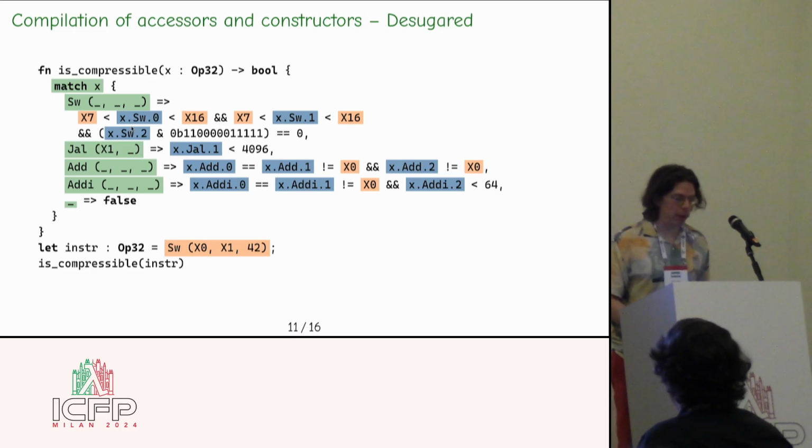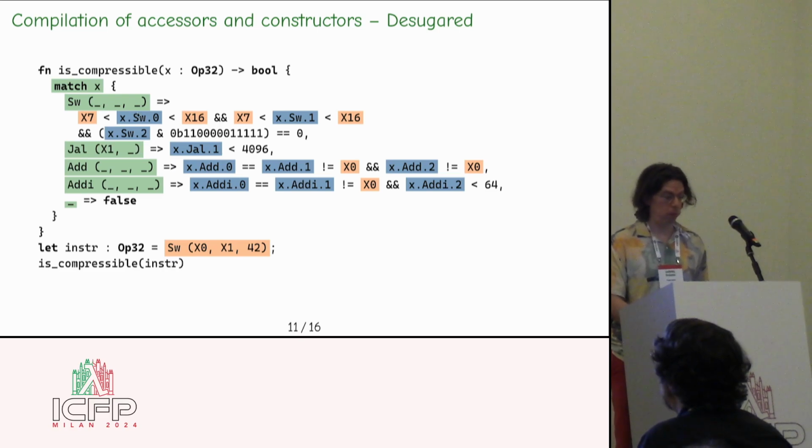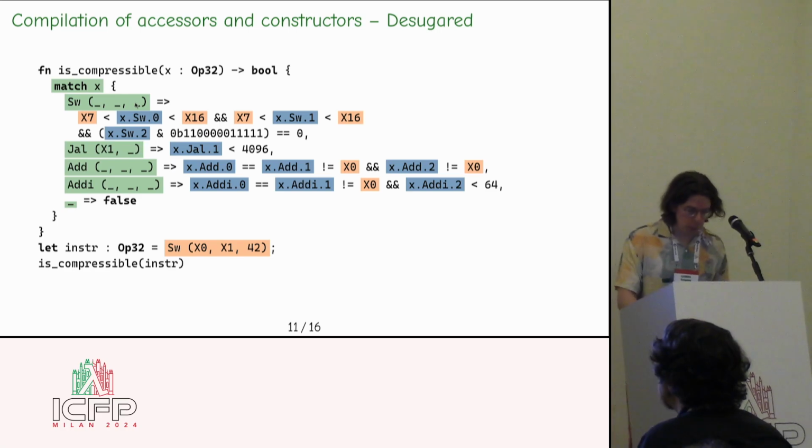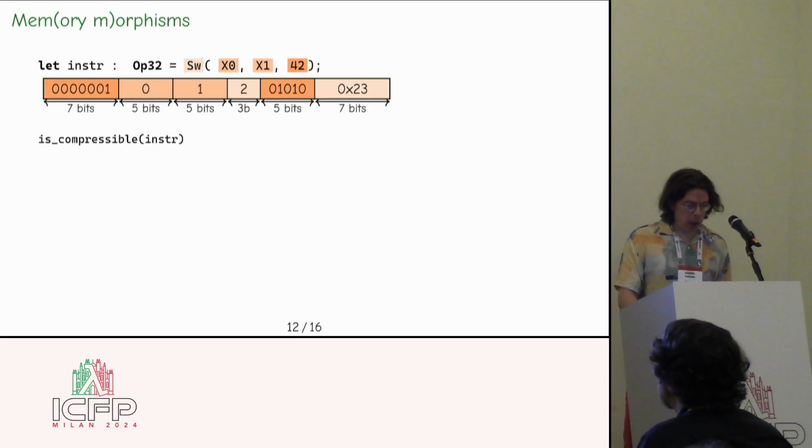It would not be a nice surface language, but for an intermediate representation, we are guaranteed that we are indeed in the SW case, so this is fine. Now, let's look a little bit at how we might compile this kind of code and the work we have to do. So if we are looking at an instruction, a particular instruction, so this one here,